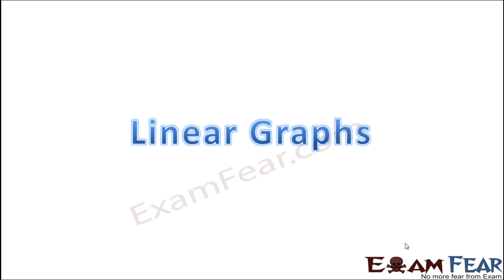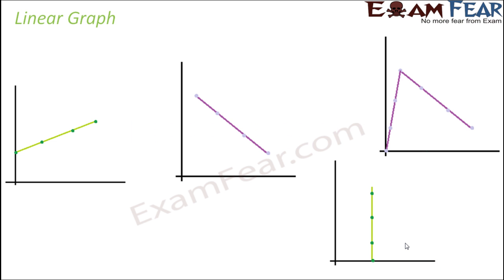So now that we are talking so much about graphs, let us talk about linear graphs. What are linear graphs? What do you think linear graphs would be? Linear means we call multiple points to be linear when they lie along a straight line. So the term linear is associated with straight line. So what could be a linear graph?